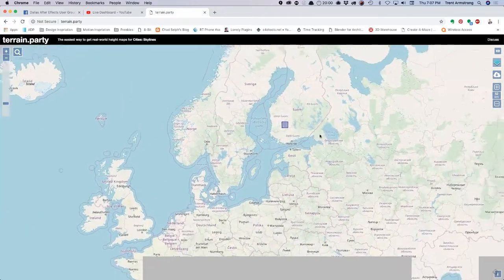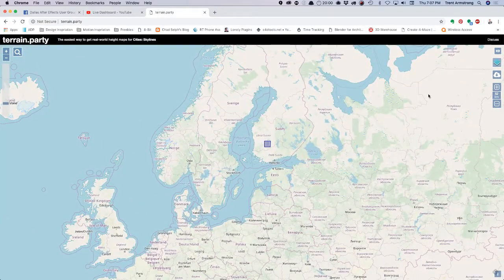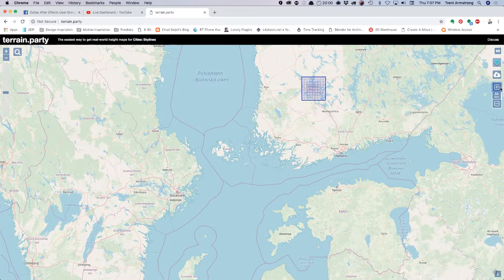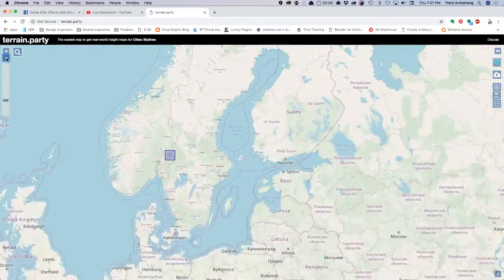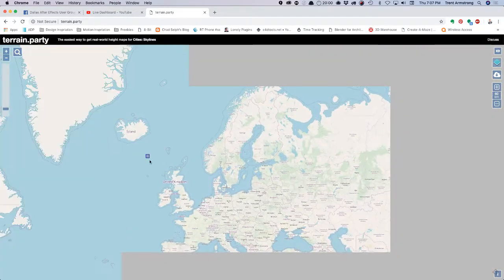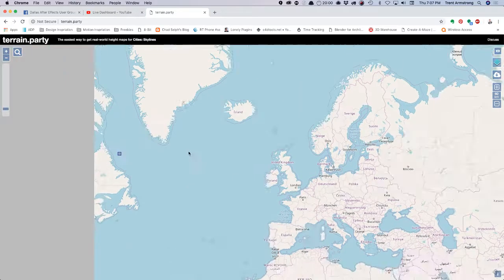A map of a globe. And they have elevation or height map information that you can download. Interesting. So you can only go to a certain width or a certain size area. We're going to go to 60 kilometers over here. That's the most we can do. But actually, I'm going to take our little box here because I know that Mount Hood in the United States